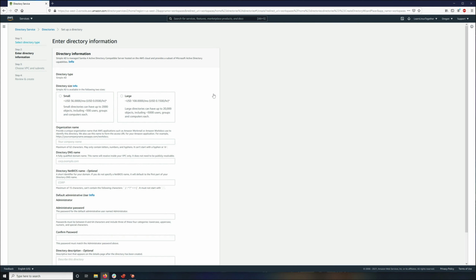So I'm going to click next. Then I'm going to choose a size. I'm going to do small because it's one person. This is up to 500 people. It gives you the pricing there as well. I'm just going to make something up. Linux